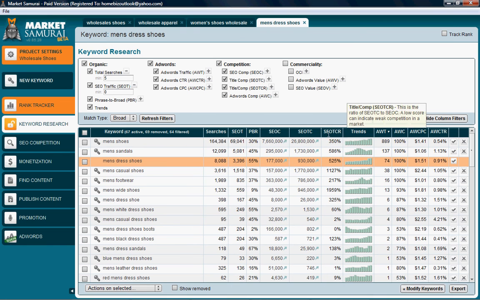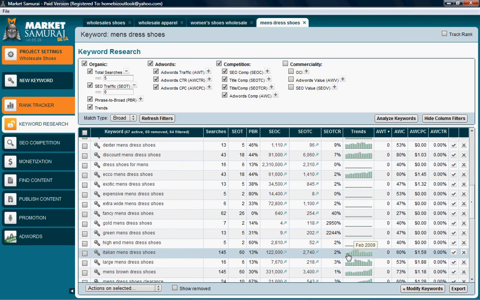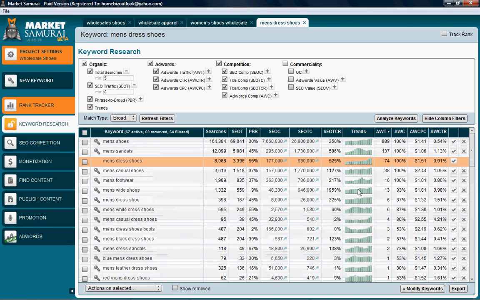If I'm just looking for a keyword, and you see I added trends back in, and it's really nice when you see a keyword that trends out and maybe even on the increase. You might find one here that is just the opposite. It's going down, so you may not want to spend as much time on it as you do on some others. But this is just an example of how you can take Market Samurai, do a keyword search,